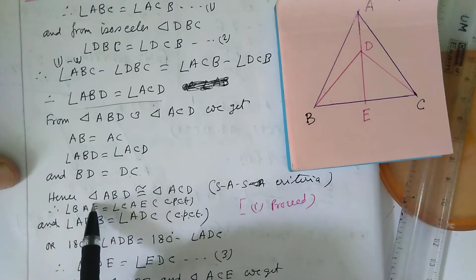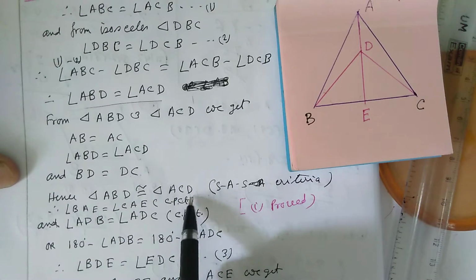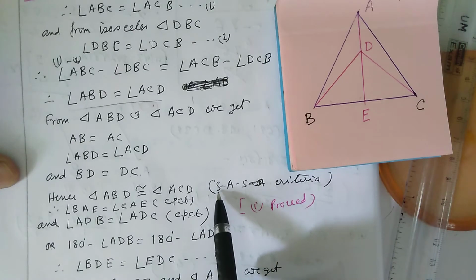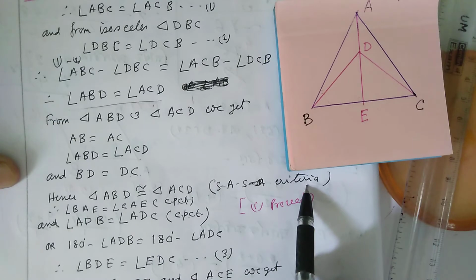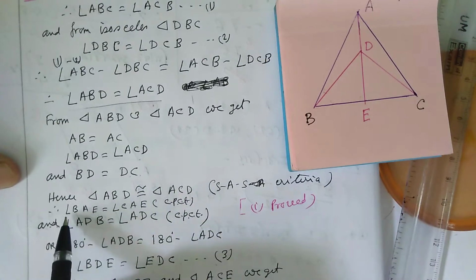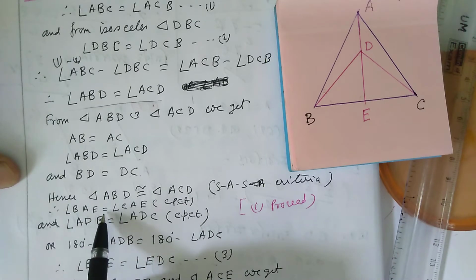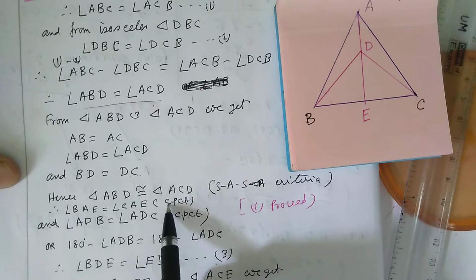Hence triangle ABD congruence with ACD due to side criteria, and from this congruence we get angle BAE equals angle CAE,